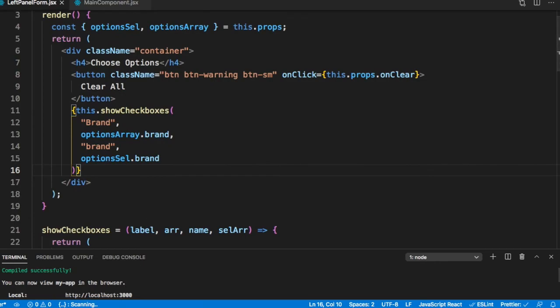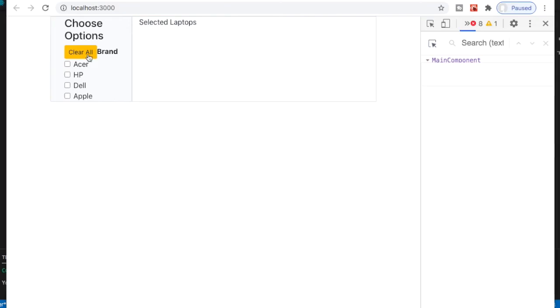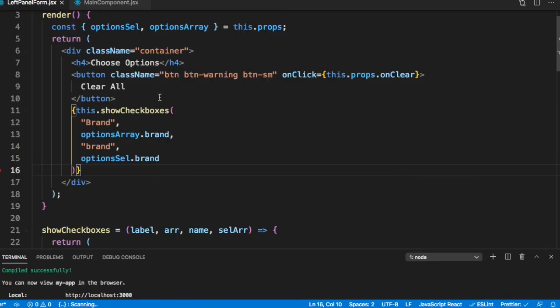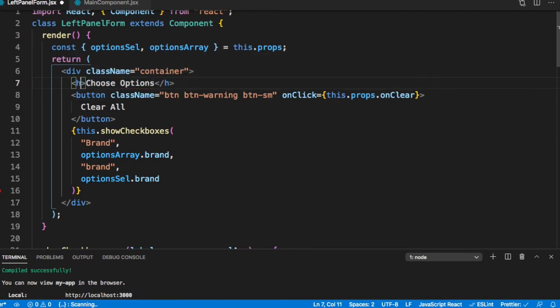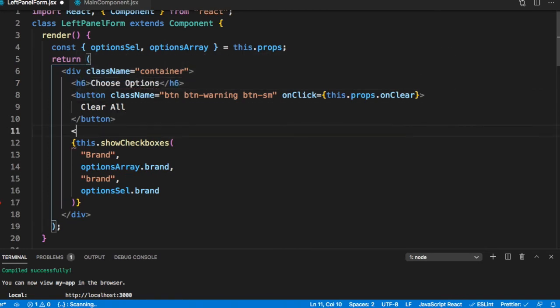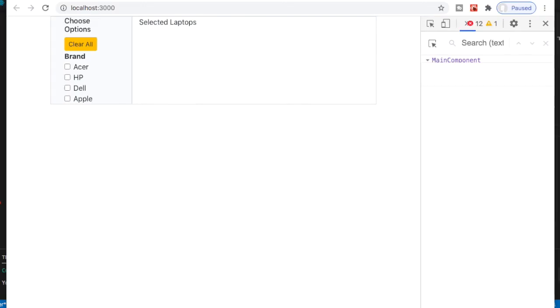So this should show our first checkbox. Let's go ahead and test so far. What do we see? So we get that whole thing here. Let's just make these slightly better. Let me make it say H6. And after the button, let me just put a BR. Let's test this.